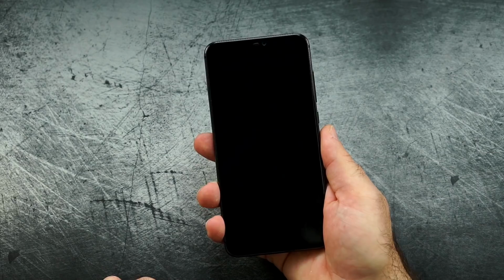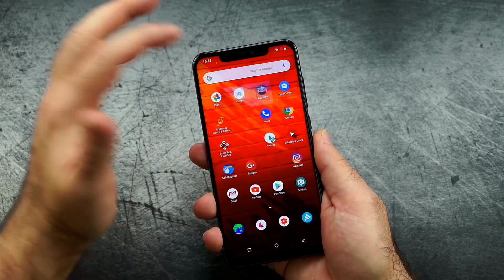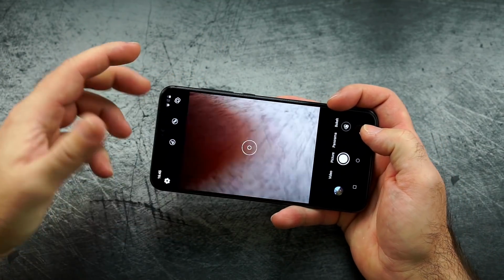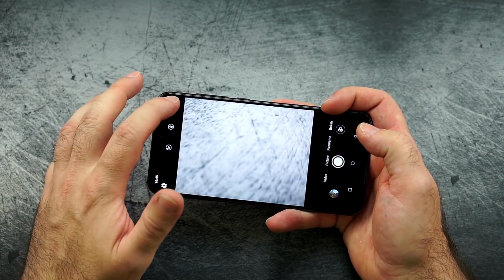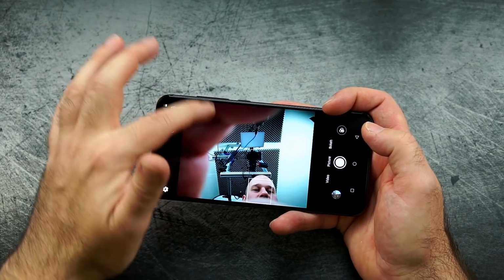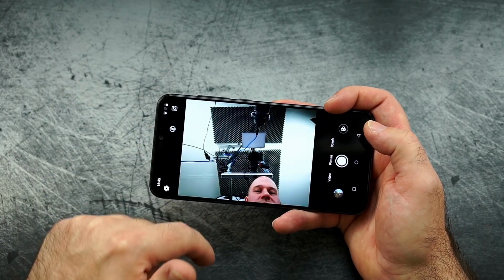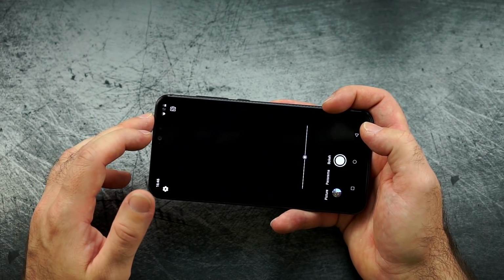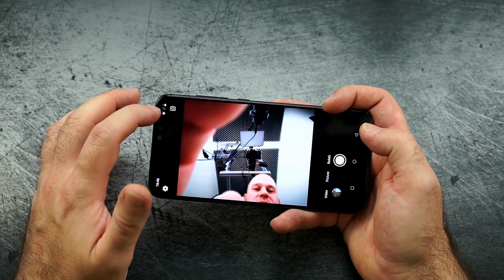Okay, camera app, and yes, mine is stable. A lot of people had some issues with it out of the box. I actually did not, because I've read about crashes and all those kind of things. I never had those. I mean, the UI is okay. You can actually, as you can see here, swipe through modes, which is something that I personally like quite a lot. Then, what I don't like so much,